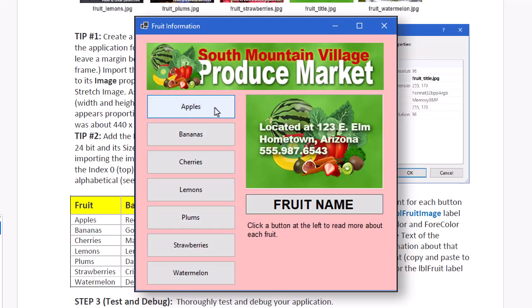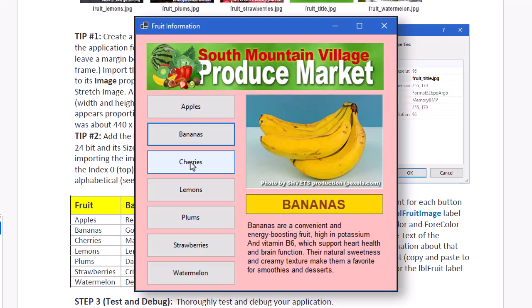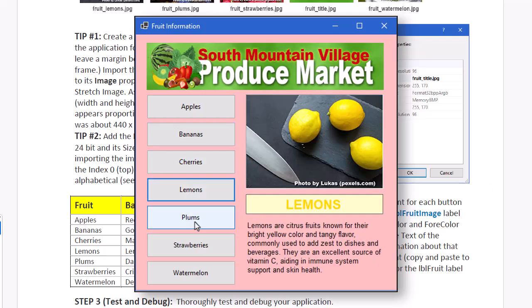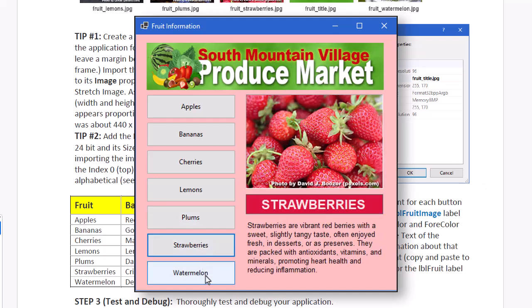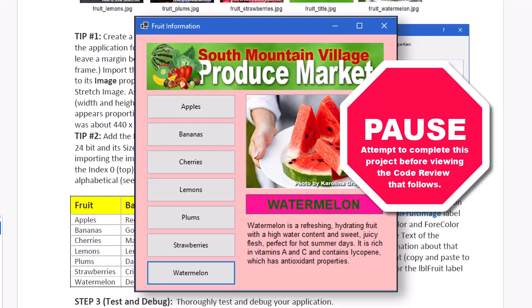We have 7 buttons here, so I click Apple. I see the apple image, changing the color of this label for the fruit that's selected, information about apples. There's bananas, cherries, lemons, plums, strawberries, and watermelon. I would suggest using the information that I presented in the previous videos,